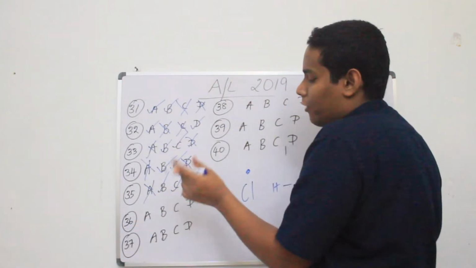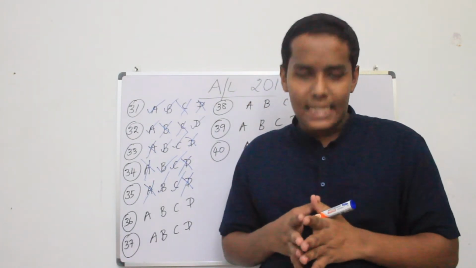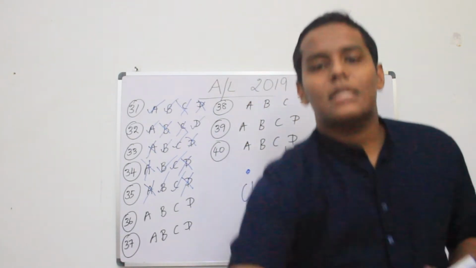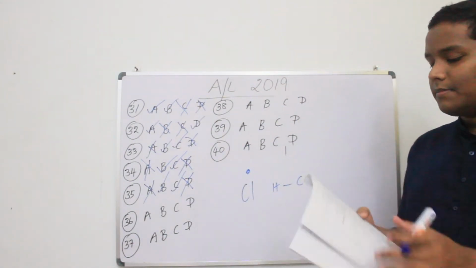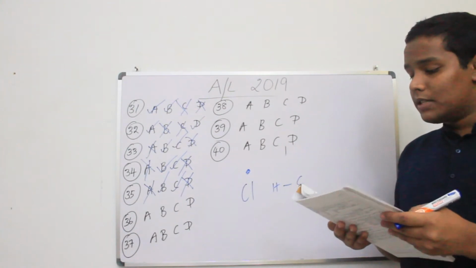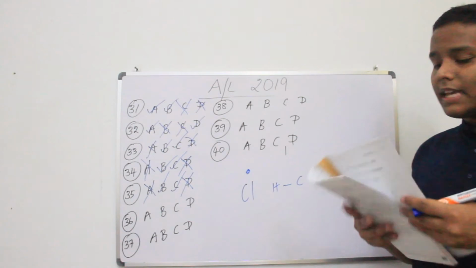So D is wrong. For 35, since B and C are correct, your answer is answer number 2. 36. Which of the following statement or statements are correct regarding the elevation of carbon dioxide level in the